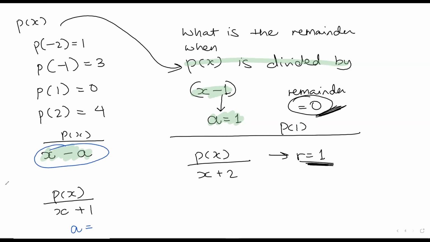Okay, compare it with this. What is A equal to in this case? Ma'am, remainder is 3. Okay, I'm asking you what is A equal to? Ma'am, -1. Right. Okay, so A is -1. So you're right. P of -1 is 3. So the remainder is 3. So I hope this is clear to both of you. Now we'll move forward to the next question.